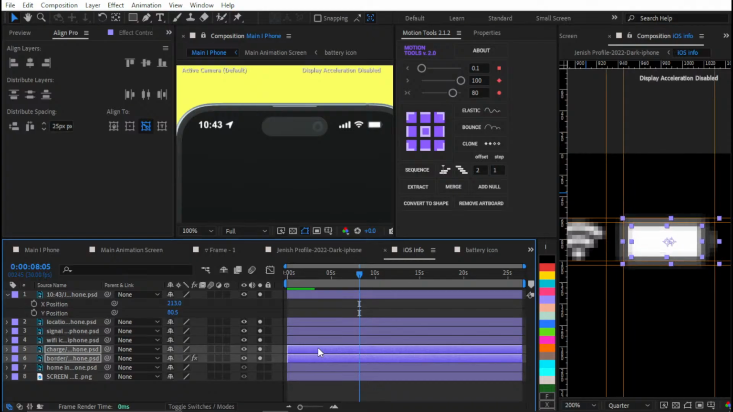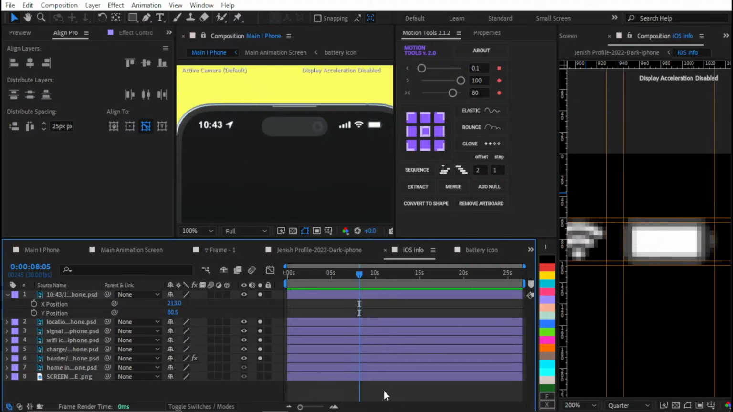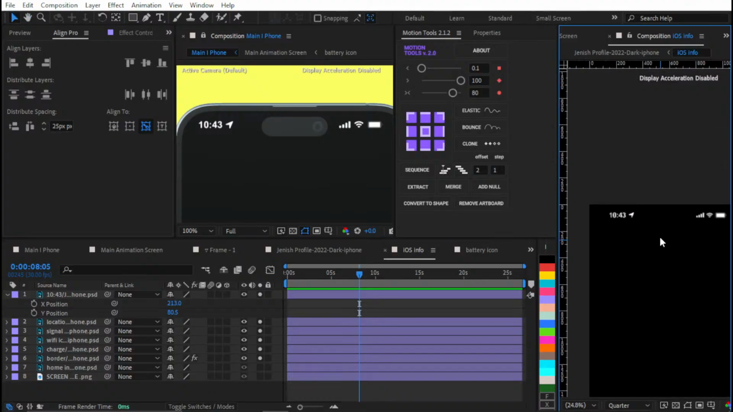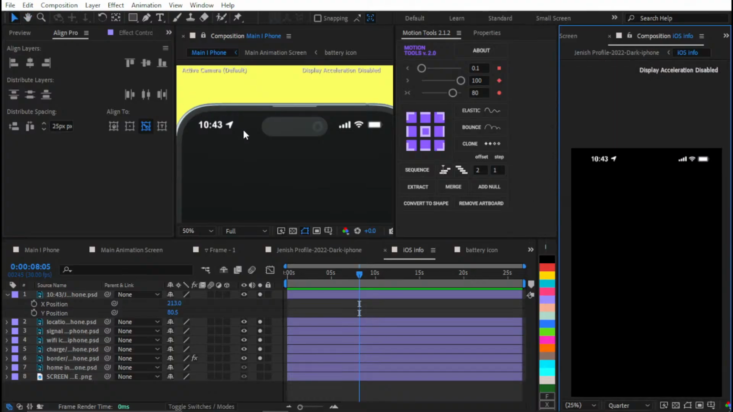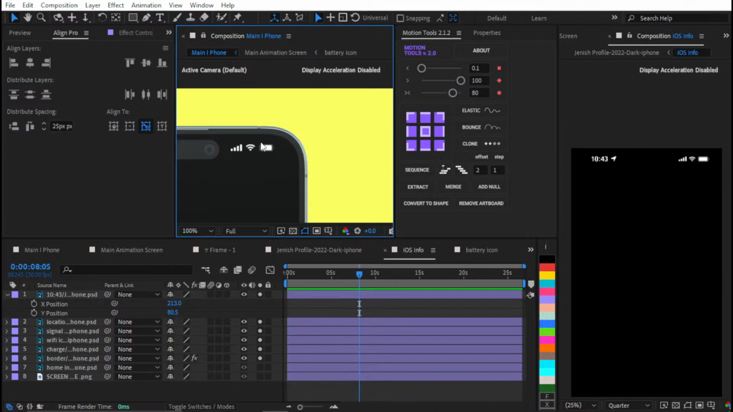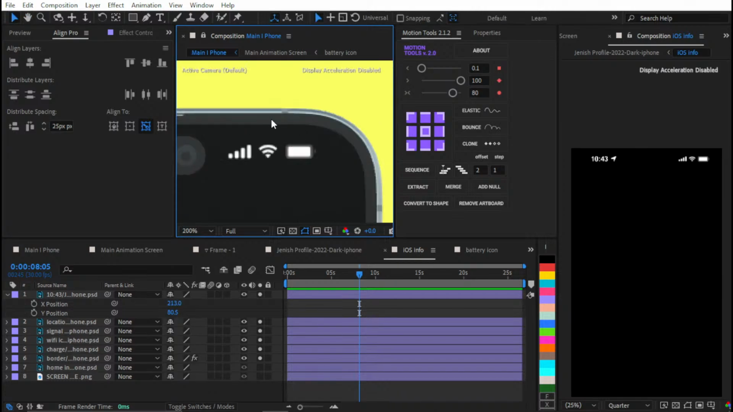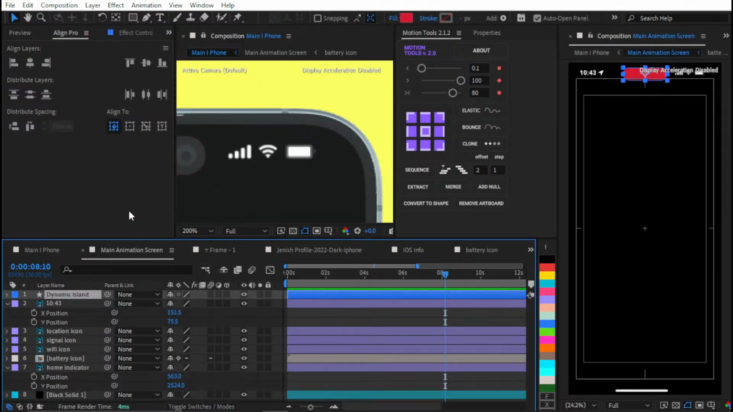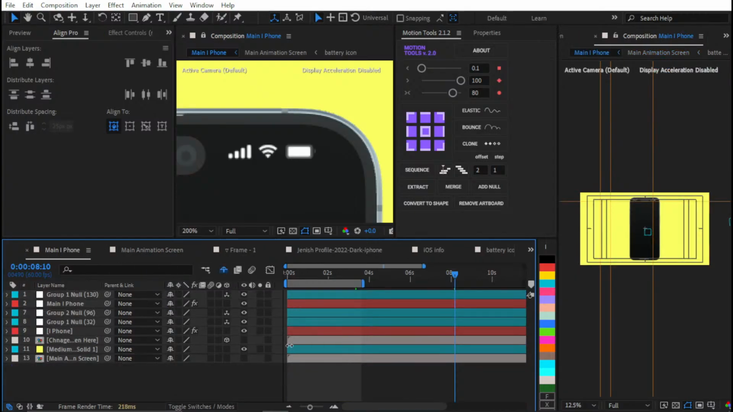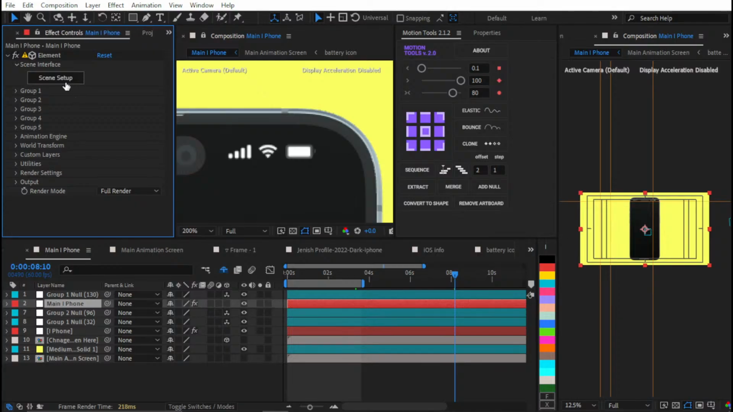Let's reduce it like this. That's it. Hide this, and we have a perfect top navigation bar. Okay, let's go inside the main iPhone, select the main iPhone layer, go to effects and controllers, scene setup,